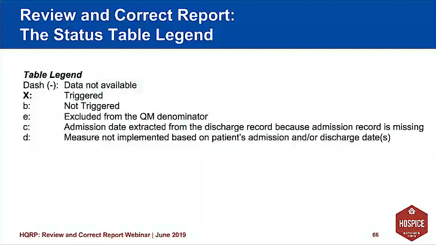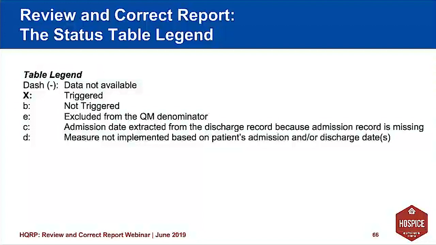All right, lastly, I want to just discuss the status table legend that you'll see on the report. This explains all of the symbols that you may see within the particular report. A dash means data is not available. A bolded X in a column would mean that the record triggered a specific quality measure.